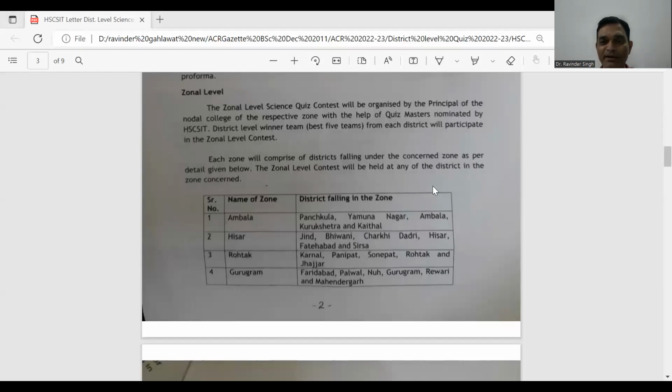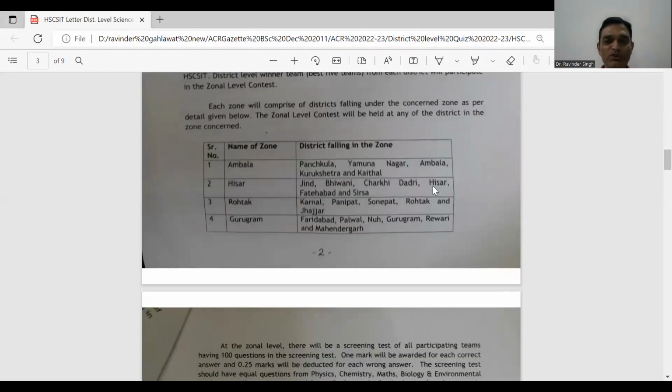ऐसे ही डिफरेंट डिस्ट्रिक्ट के अंदर ये डिस्ट्रिक्ट लेवल साइंस क्विज कंपटीशन करवाया जा रहा है। रोहतक डिस्ट्रिक्ट की तरफ से पंडित एनआरएस गवर्नमेंट कॉलेज रोहतक ने तो 30 सितंबर 2022 को अपना वर्क कंप्लीट कर दिया। उसके बाद हर डिस्ट्रिक्ट के अंदर से जो 5 टीम आएंगी, डिफरेंट जोन्स बने। डिफरेंट जोन्स जो डीएसटी ने बनाए, दैट इज द अंबाला जोन, नंबर 2 हिसार जोन, रोहतक जोन, गुरुग्राम जोन।